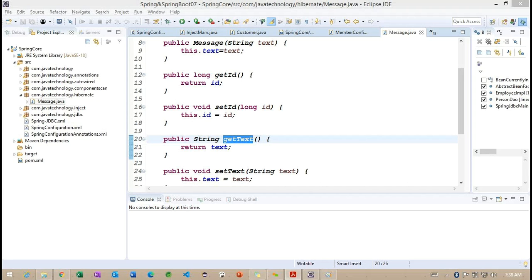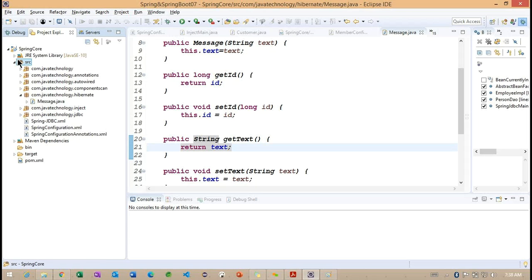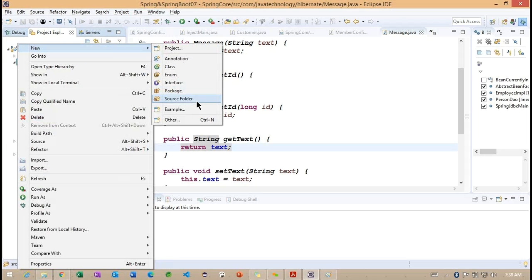So we need to work on the mapping file, because in Hibernate we are going to have more information, whenever we are trying to specify the mapping file. Whenever we specify the mapping file here, Hibernate is going to create a table for this particular object class. So to understand, I want to create one mapping file here. So observe carefully.